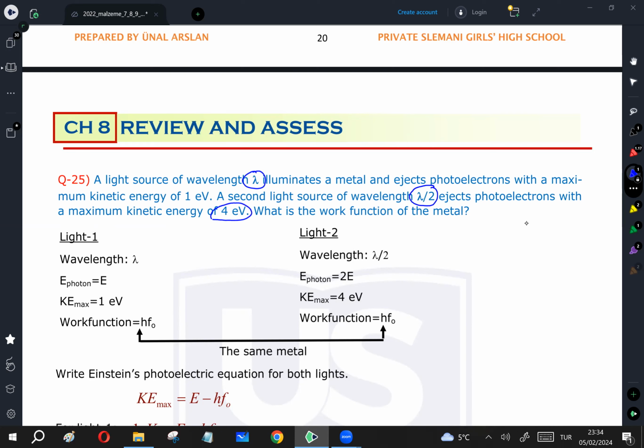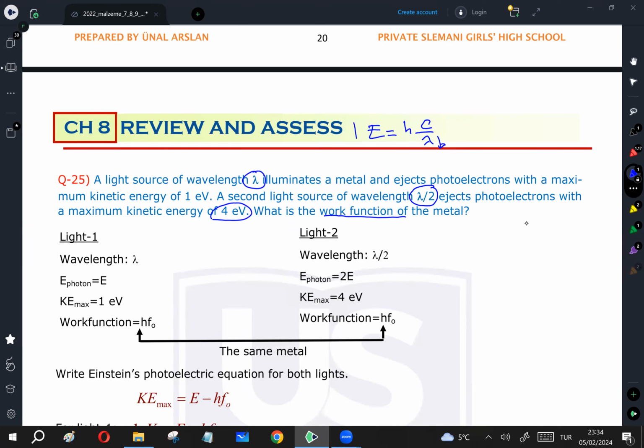So the same metal, we are illuminating this same metal by two different light sources. One of them is a wavelength of lambda, the other one is a wavelength of lambda over 2. What is the work function of this metal? Question is that. We know, according to the equation, energy of photon is equal to hc divided by lambda,